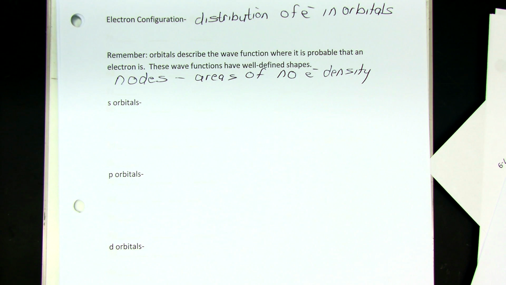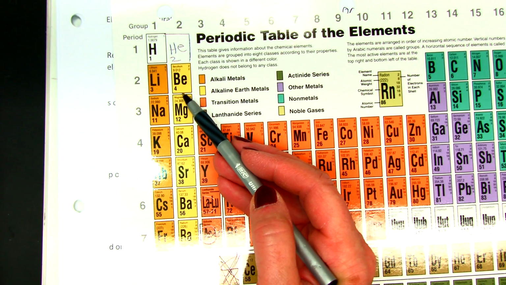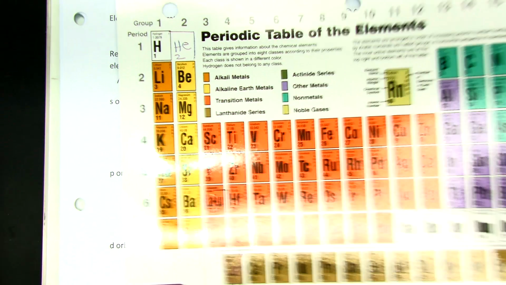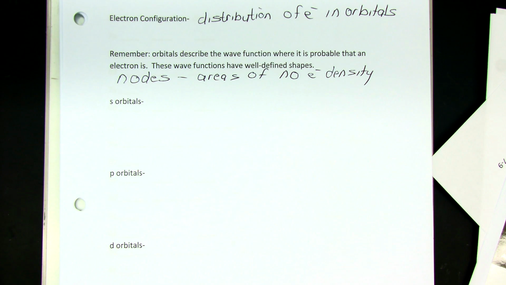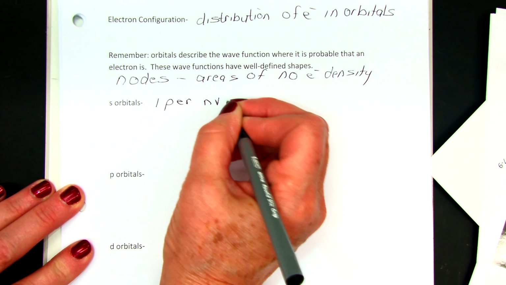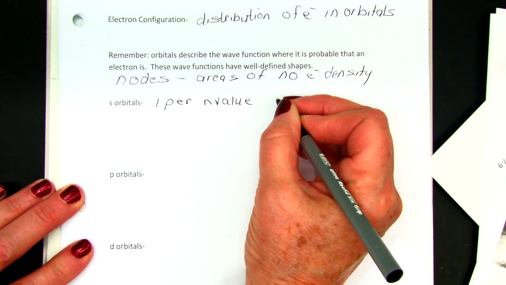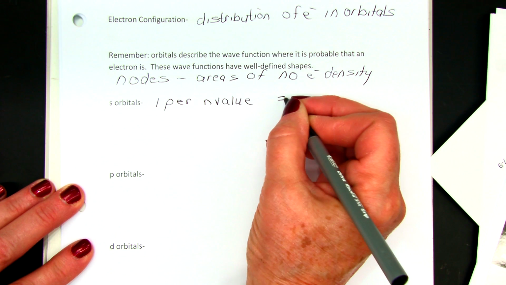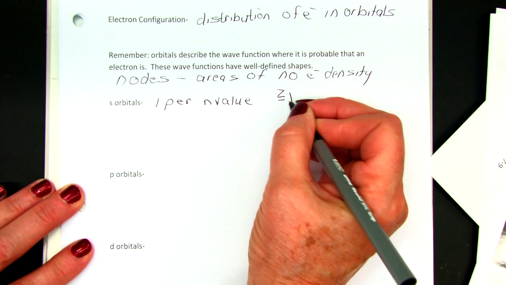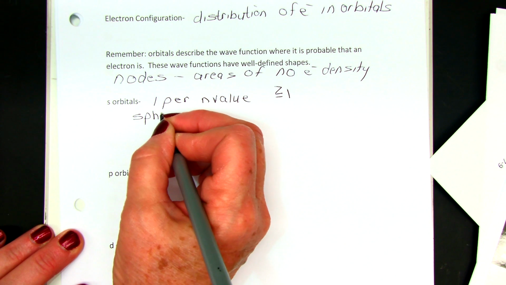So when we talk about the first orbital, that's the s orbital. And we talked about the s orbitals are in these first two columns, or the L is equal to 0 block for the subshell. And when we look at the s orbitals, we have one per n value. For every n value greater than or equal to 1, we have one s orbital. The s orbitals are spherical in shape,